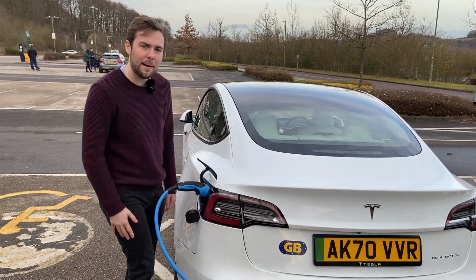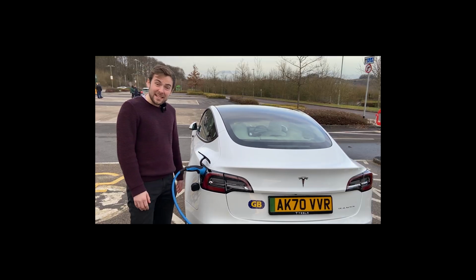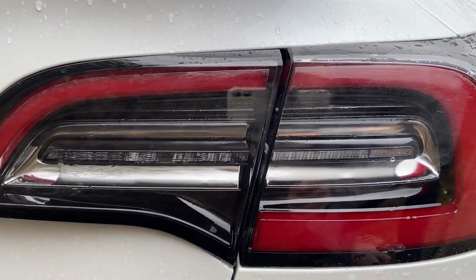I don't think I've ever seen it happen on another car before, except maybe a Land Rover that's been abandoned in a field. However, a day later, filming all the B-roll for this video, the condensation's completely cleared up. As you can see, it's not there anymore, so...